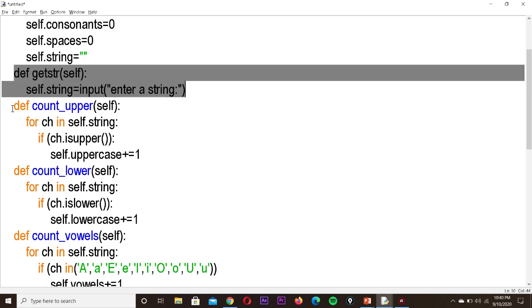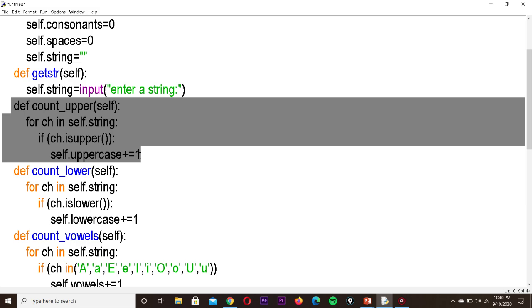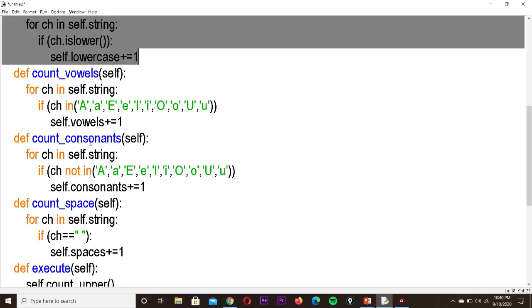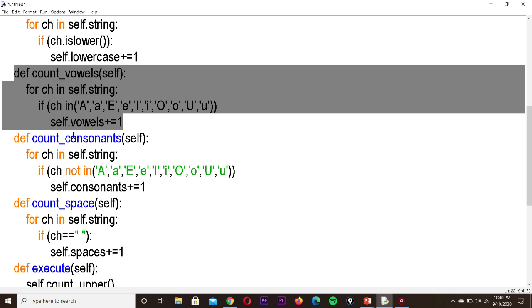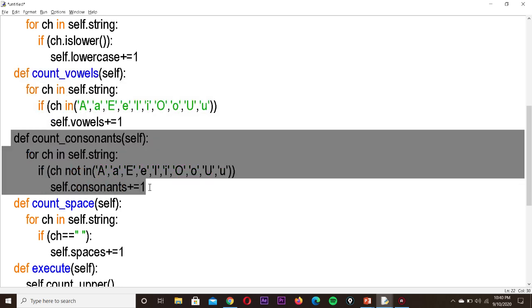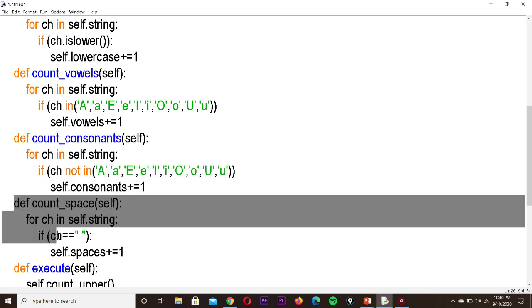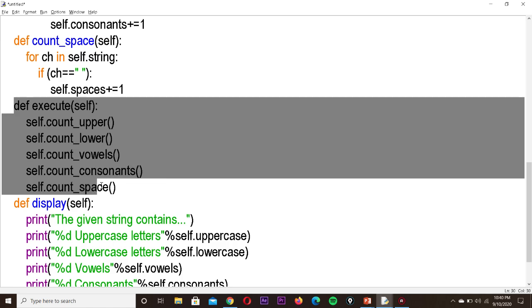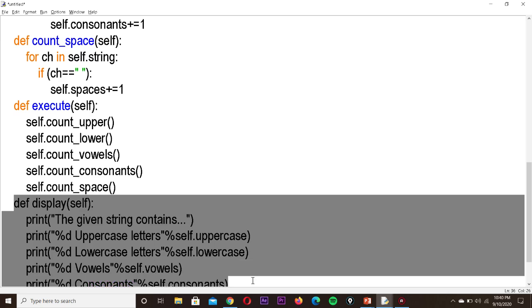Next we have defined count upper, which is used for calculating the uppercase, count lower, and next one is the count vowels. Okay, and next is the count consonants, count space, and next one is the execute, which is used for calling all those functions we defined, and next one is the display, which is used for showing the answer.